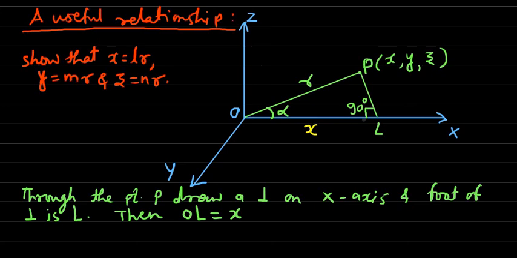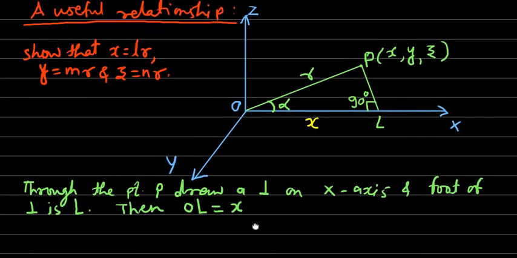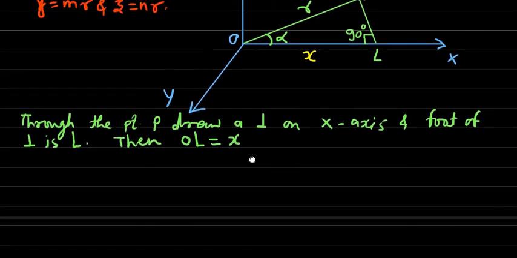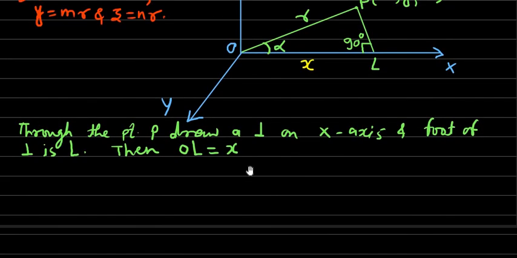So as we have length OL and OP, the trigonometric ratio in terms of these two quantities is obviously cos. Because cos of any angle in a right angle triangle is equal to base upon hypotenuse. Base is OL and hypotenuse is OP. So we have to go for the cos and not for the sine or any other ratio, because for the sine we require the adjacent side, which is not known to us.